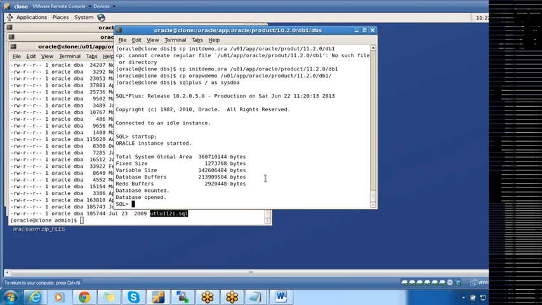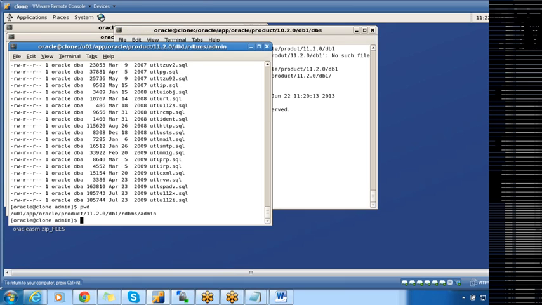Starting the database in 10g, you have to run this script. This script will give you the required prerequisites for the 11g database and the changes you have to make in order to successfully upgrade the database from 10g to 11g. So you have to run this script from 11g home. The database is running from 10g home. You have to run the script which is present in 11g home.